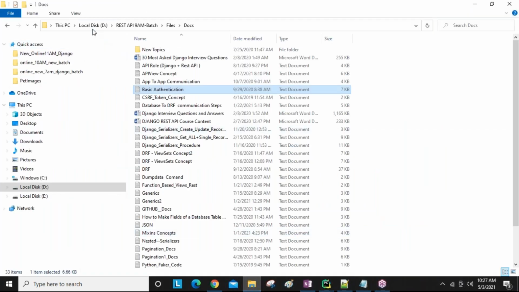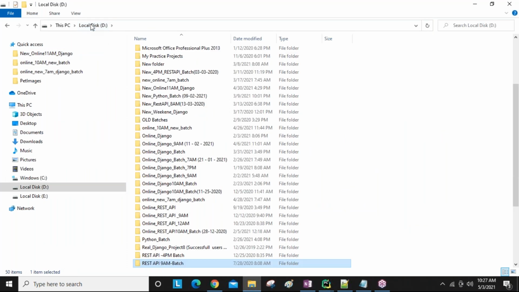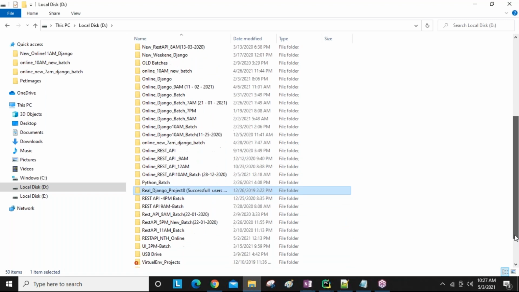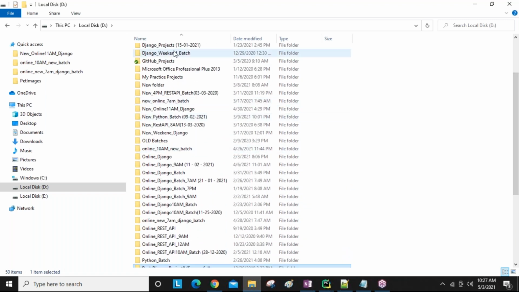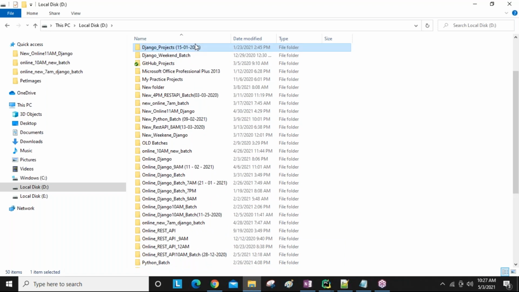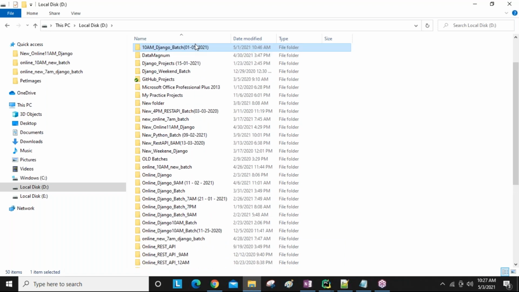You can see in the D drive, we created one folder. What is that folder? Last session we created it; I forgot the name. Online Django project. Does anyone remember? Some Django folder we created, I think the Django project folder, for the 10 a.m. Django batch.